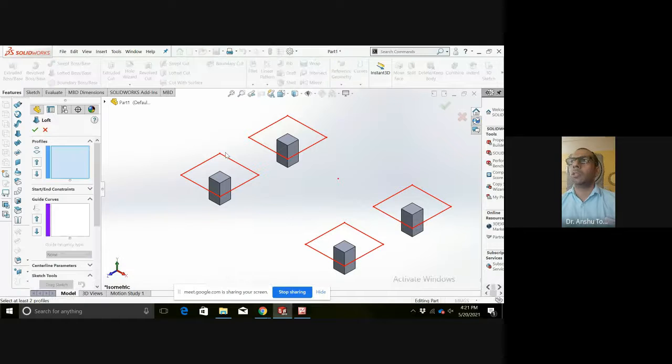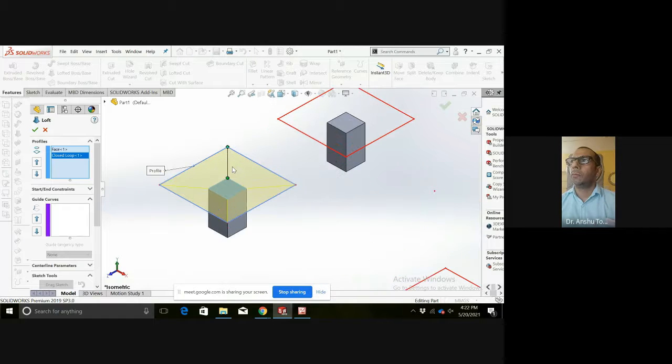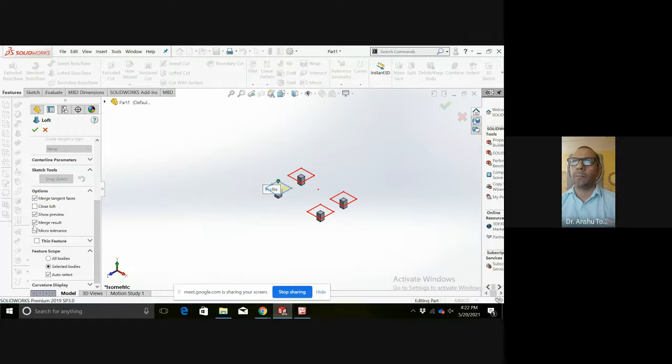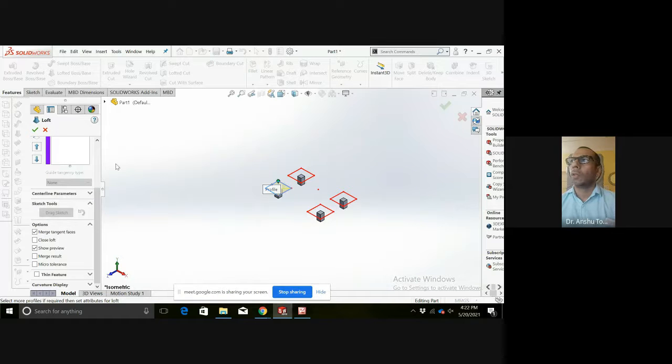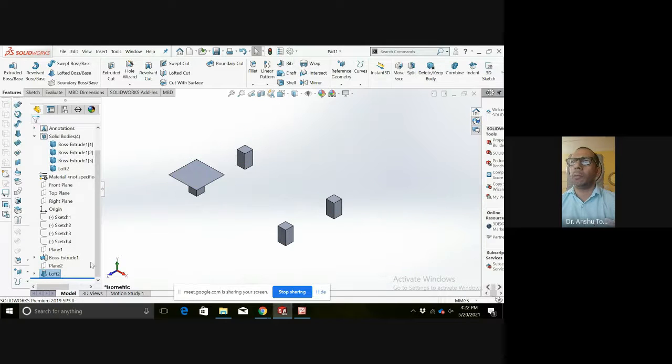Now I will construct the loft, which is going to be between a surface profile and a sketch. And it is a closed one, so it is being able to generate. Now I will not merge it. If I'm going to merge it, let us merge it. Okay, we will generate 4 loft commands, no problem.